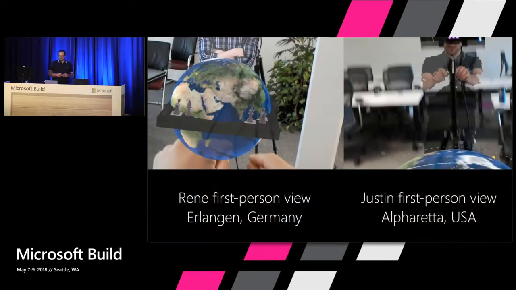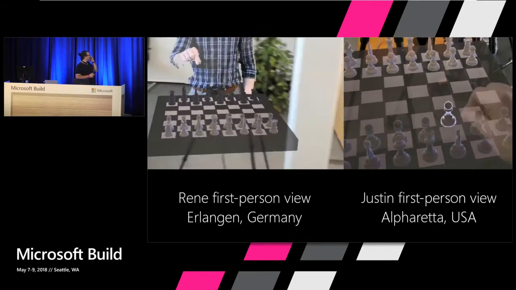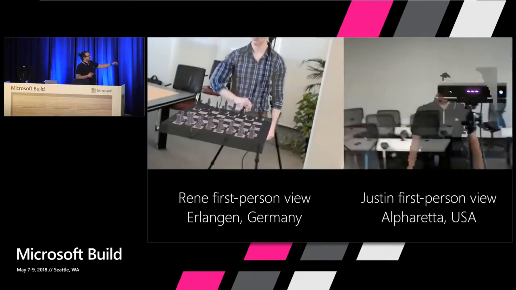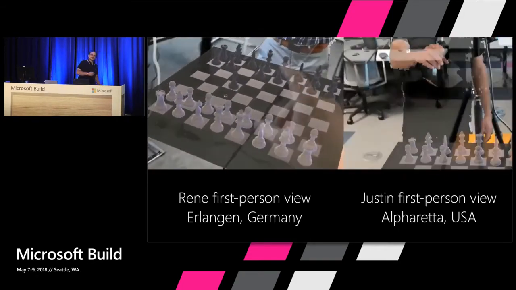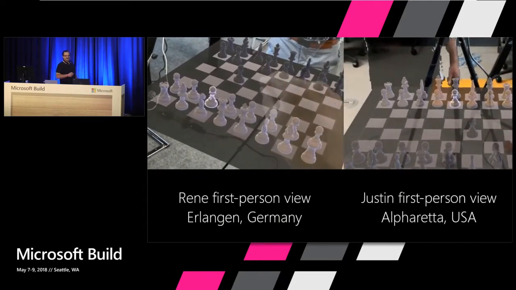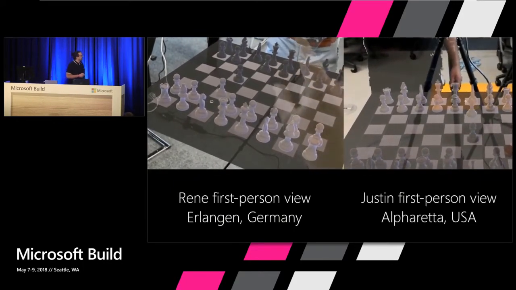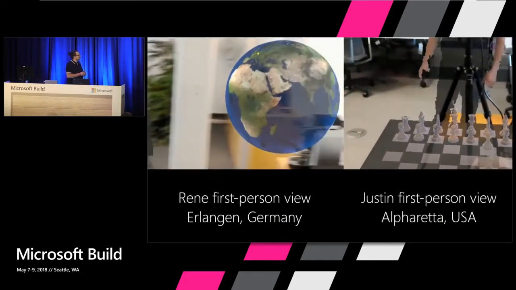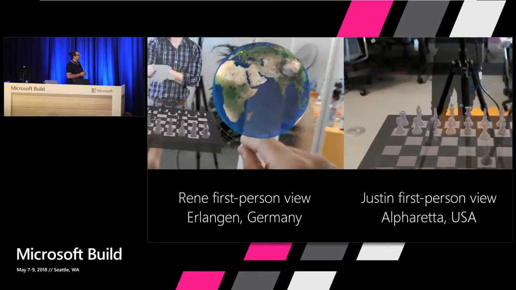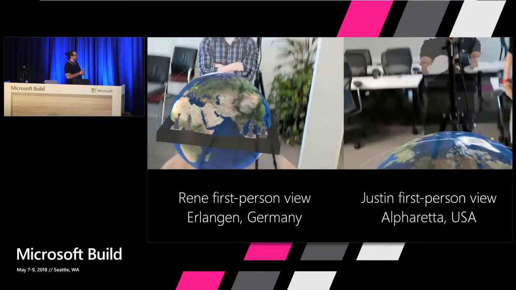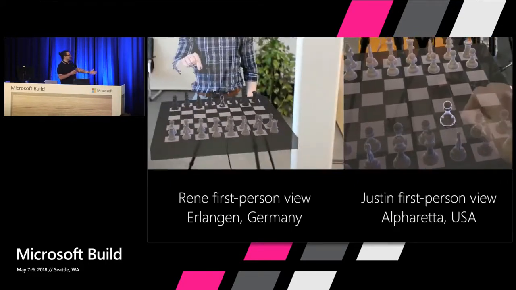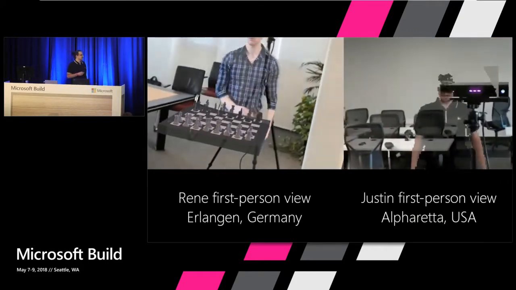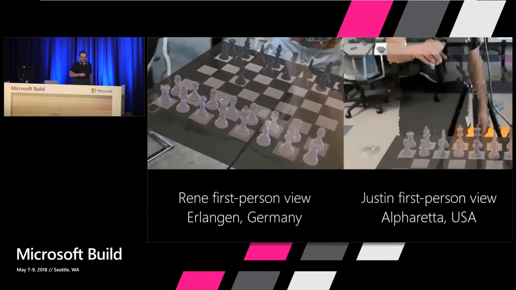Cool. So here's another video, which we just did the other week. So we also have now collaboration features implemented. So as you can see, we can play HoloBeam chess. And you cannot see the other person, but now we also added the feature where we can collaborate on 3D models. So I can do things like that. And you see there's almost no latency. So this is in Germany and USA, and it's pretty awesome.